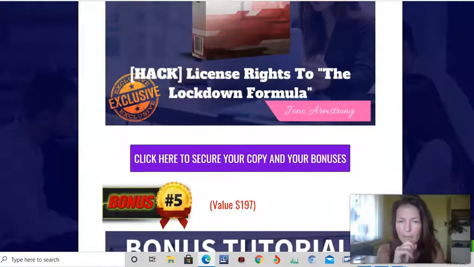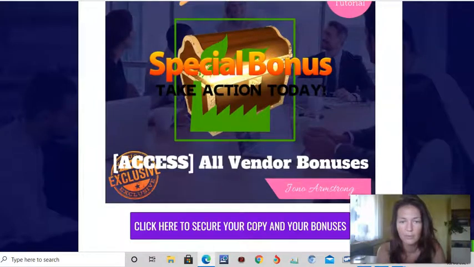Not sure how many upsells are in there, but even if it's just the front end, if it's just one option. Sometimes they only give you like 50% even on the front end, but with this one you get 100% commission. And then we have the last one, which gives you access to all vendor bonuses,